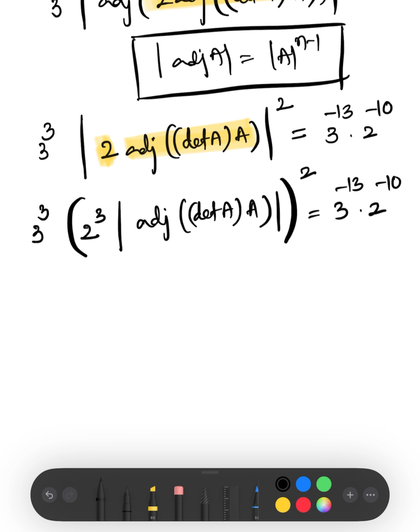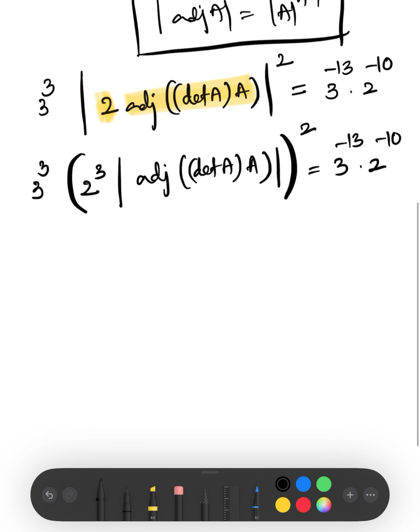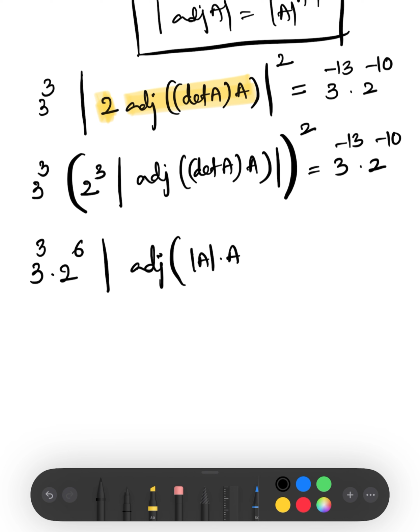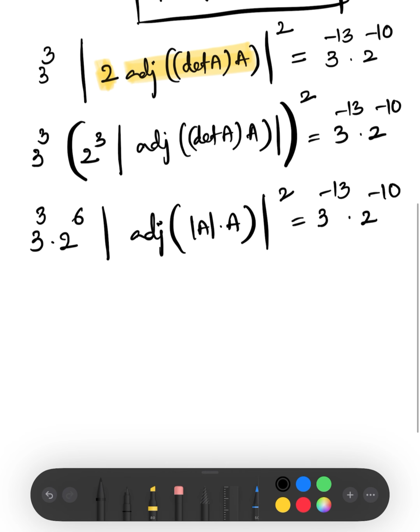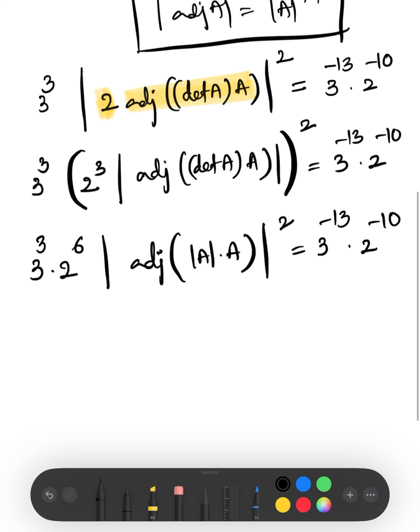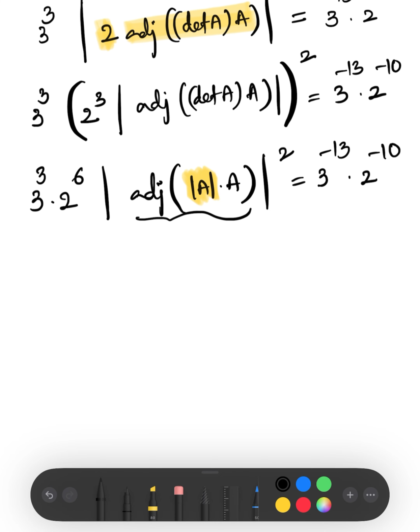Now 2 cube whole square, that is 2 power 6, correct? Then 3 cube into 2 power 6 into det of adjoint of det A into A, whole square equal to 3 power minus 13 into 2 power minus 10. No confusion. Now again we have a formula, inside adjoint of kA, det is constant, it is not a matrix, it is a real number. Adjoint of kA, what is meant by adjoint of kA? Now I write the formula, adjoint of kA equals k power n minus 1 into adjoint A,